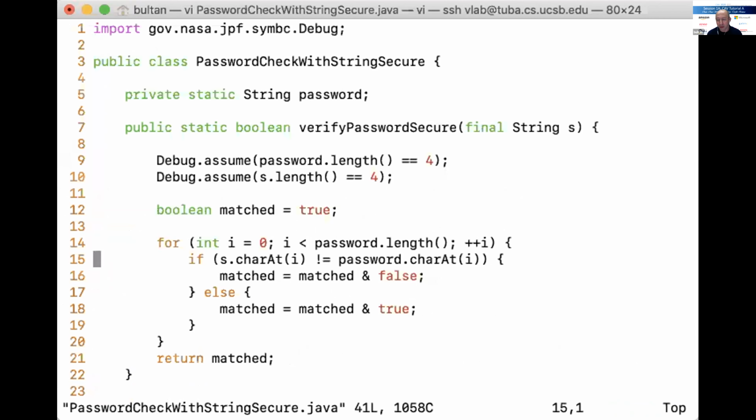This does exactly what I told you before. To fix the side channel, it's not returning early, and it executes exactly the same number of instructions whether the password matches or not.